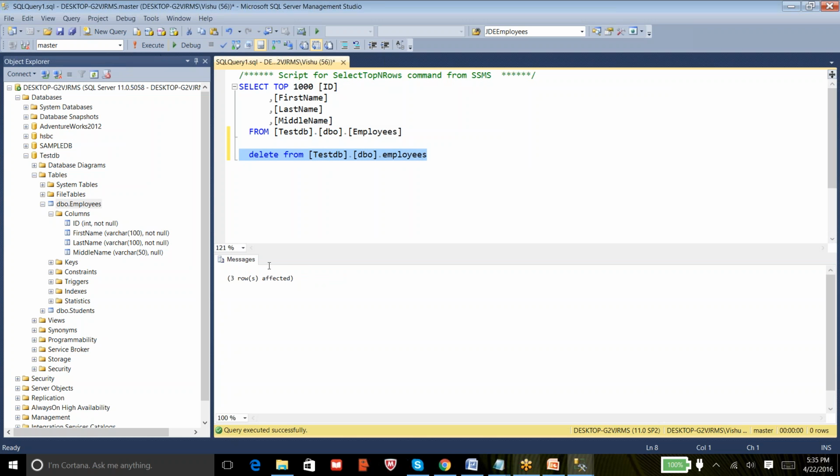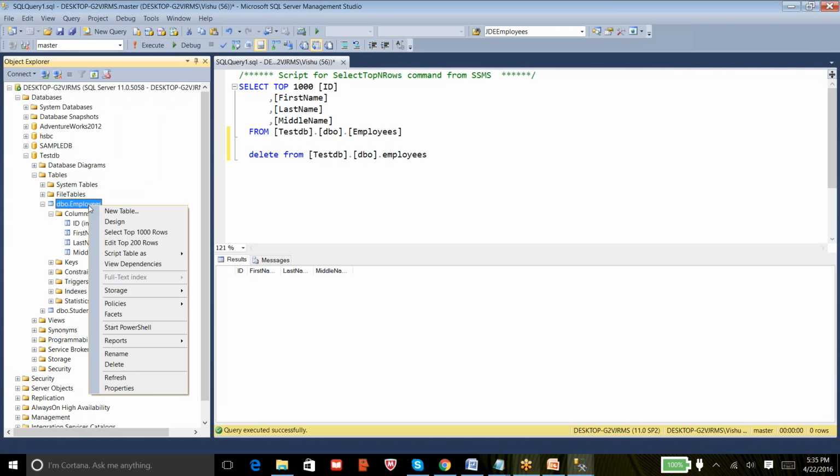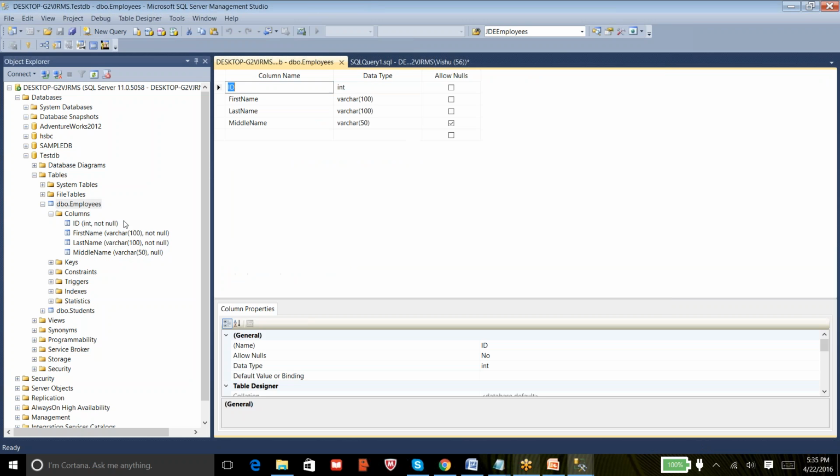So you can see it succeeded and the 3 rows were deleted. So I can do a quick check again and there is no data in this table. Now to create a primary key, again you need to go to the design phase. So you can right click on the table and then select design, and here we are making our ID column as a primary key.